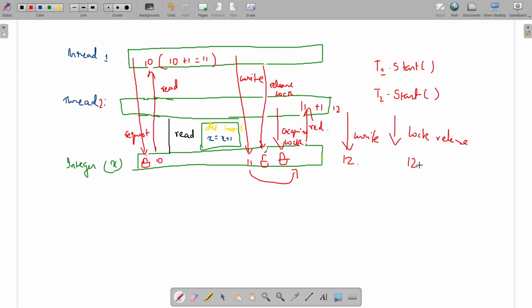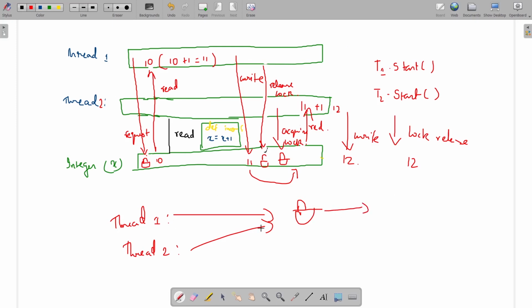Now I guess you are getting this concept of what is happening with thread 1 and thread 2. Both of them were going to the same point. They needed to request, or you can say they wanted to have this lock. So the first one will get the lock and it will get executed. Till then this thread 2, suppose blue is the thread 2 color, will have to wait.